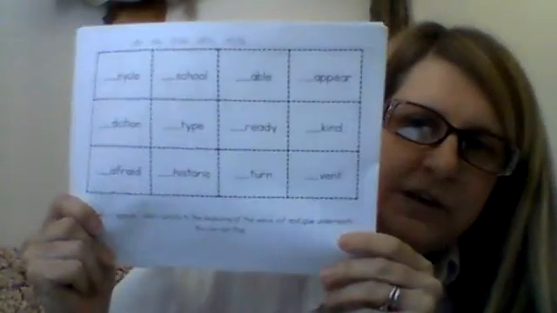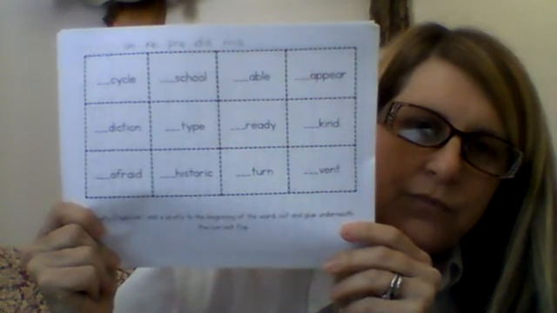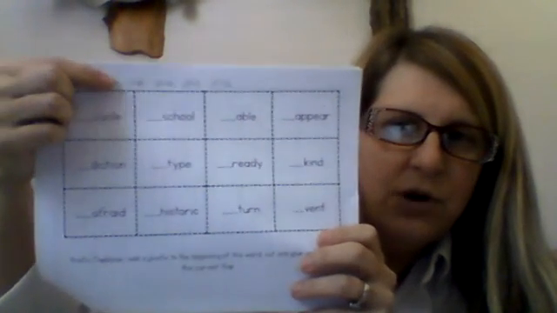All right, the next page on here is this, where you're going to fill in prefixes for each word. You can look back at the list. Some of them might be on the list, or you can, I wrote them up here, so they would already be there, and I could try different ones. So, cycle, uncycle, recycle, pre-cycle, discycle, miscycle. I think you know which one that would be.